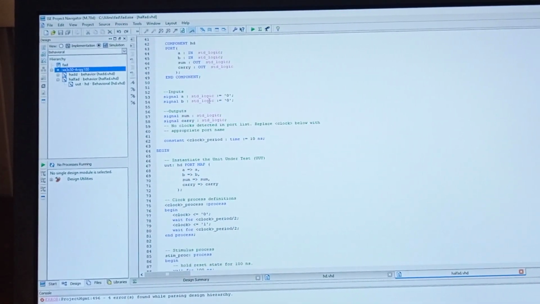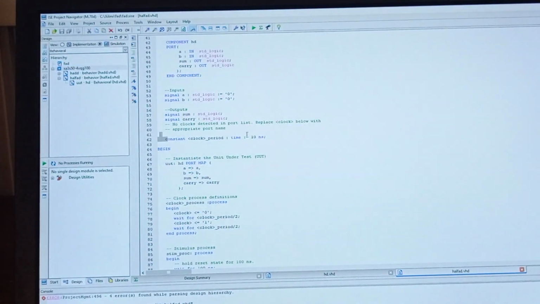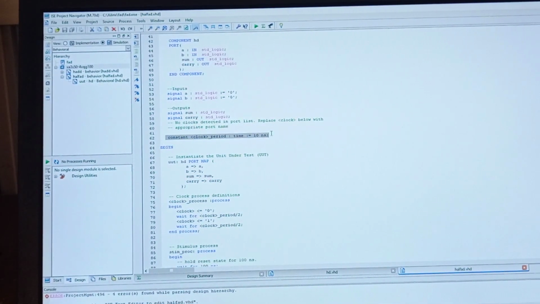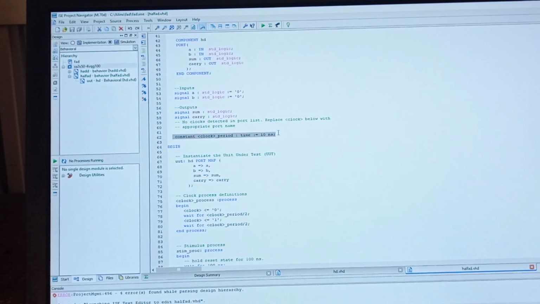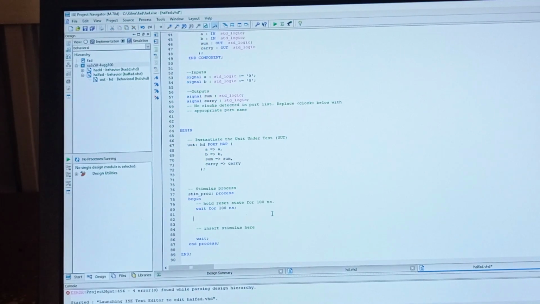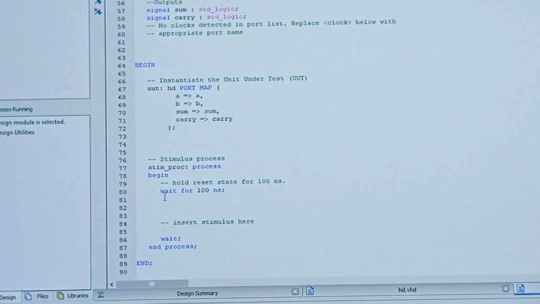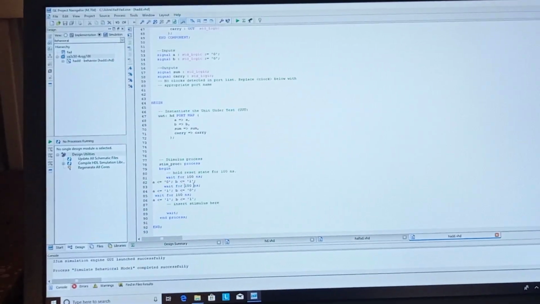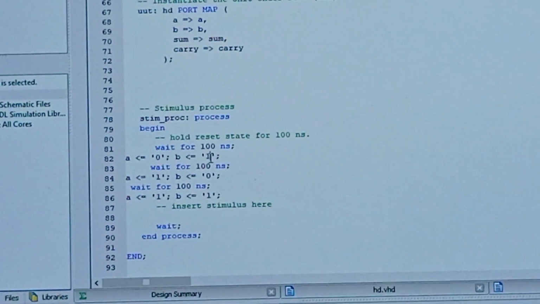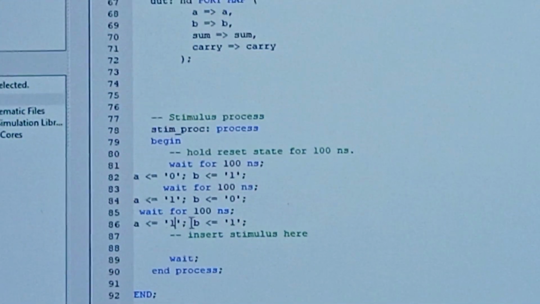Now see here, initially A and B initial values it will be setting to 0 0. So the remaining combinations you need to set, that is 0 1, 1 0, 1 1. For this no need to use the clock, so remove the clock coding. Wherever the clock is there, remove that, and here give the remaining values. Other combinations: 0 1 and waiting time 100 nanoseconds. Next 1 0. Next combination is 1 1 given.